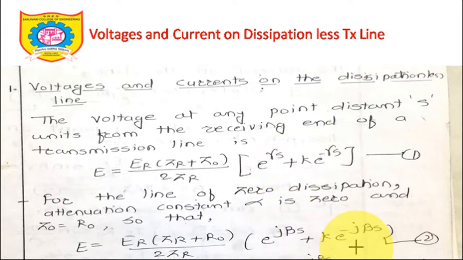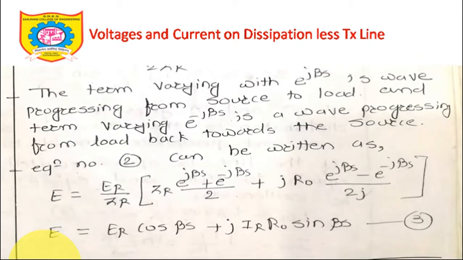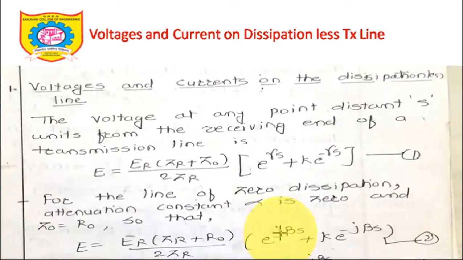It may be a repetition for you, but try to understand. So this is the expression we have got by representing gamma as alpha plus j beta, and if alpha is equal to 0, it will become e raised to j beta s plus k e raised to minus j beta s. Okay, the next thing, the term varying with e raised to j beta s, because there are two terms here. The one which is varying in e raised to plus j beta s and e raised to minus j beta s. We already know the basics of the wave equation,